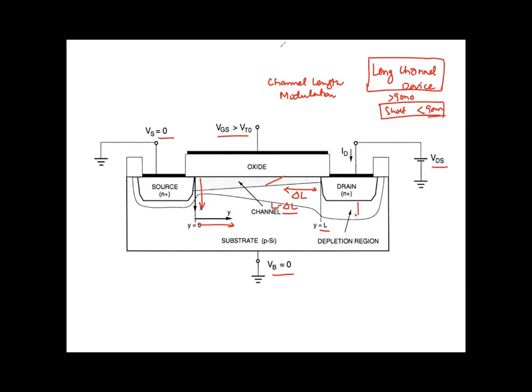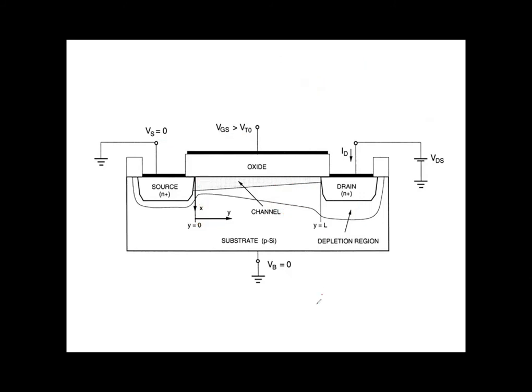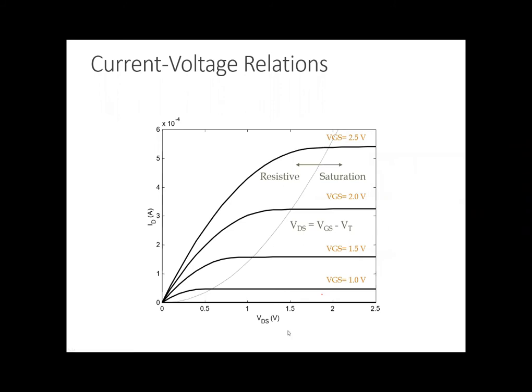So let's move ahead to the next slide. So here you can see the current voltage equations. So here, what is important is that you are changing the value of VDS, and these are the different values of gate source being discussed with you, that you are applying some potential here, VGS, and you keep on increasing the VDS here. So when VGS is equal to 1, you see it saturated at this particular point, here.